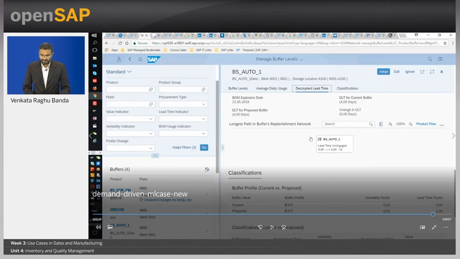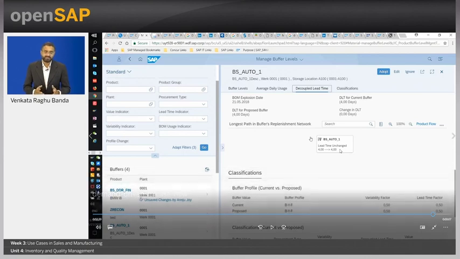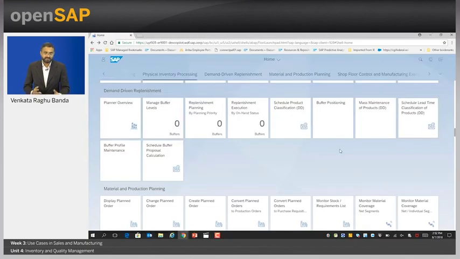You will notice that the lead time is unchanged. So, even after running this algorithm, the lead time is unchanged, which means that currently based on the historical lead times, replenishment time is good. So, that is one of the examples that I wanted to run through and how this is implemented. This particular use case is scheduled to release sometime in 2018 Q3.